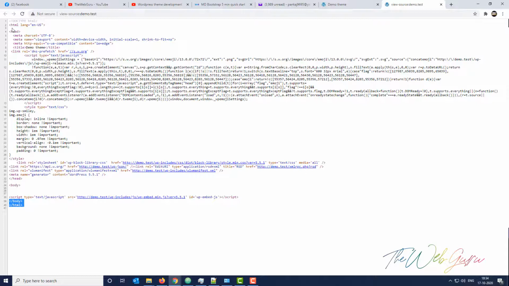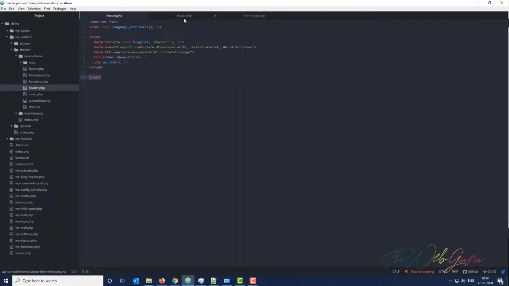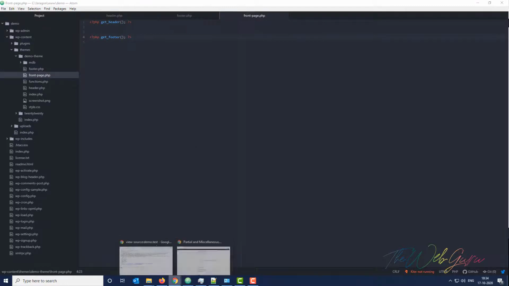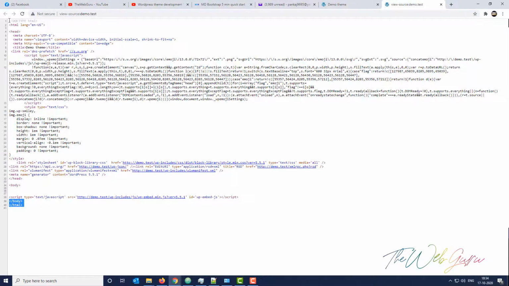So now this is a complete HTML page with CSS style sheets attached to it using two functions only, WP header, WP footer, and which are coming from these PHP template files, partial files, you can say, header.php and footer.php. So now you can see how a complete page got built dynamically using WordPress tags, WordPress functions, and